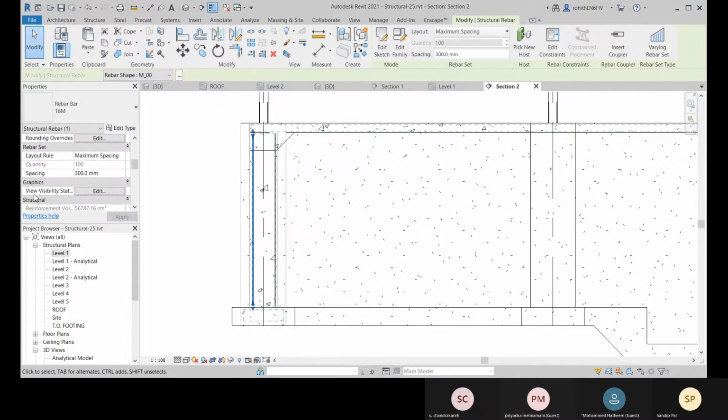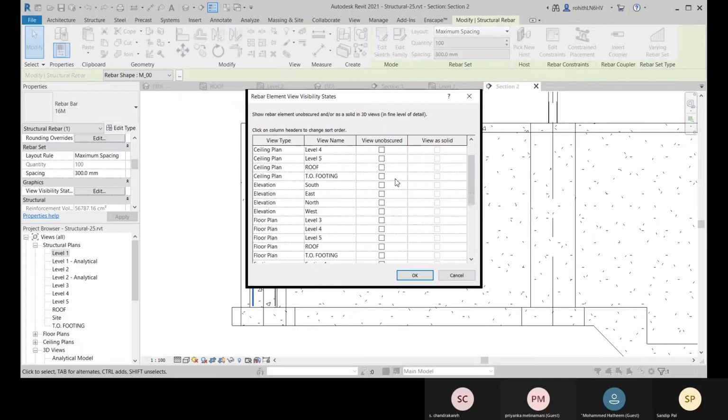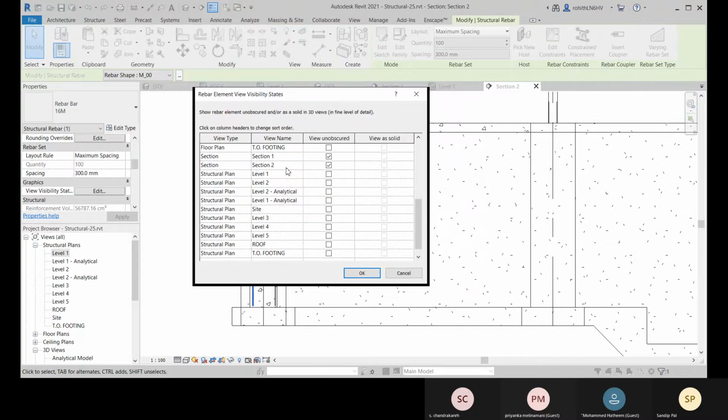And now if you come to this rebar option, if you come to this graphics view visibility status, click on edit, and there you can see right now this one is available for the section 1, section 2. Okay, so currently I'm on this section 2, and you can see on section 1 as well.